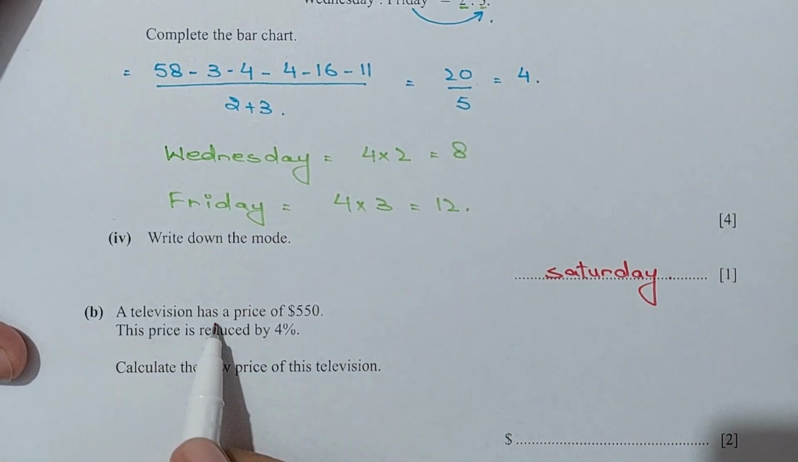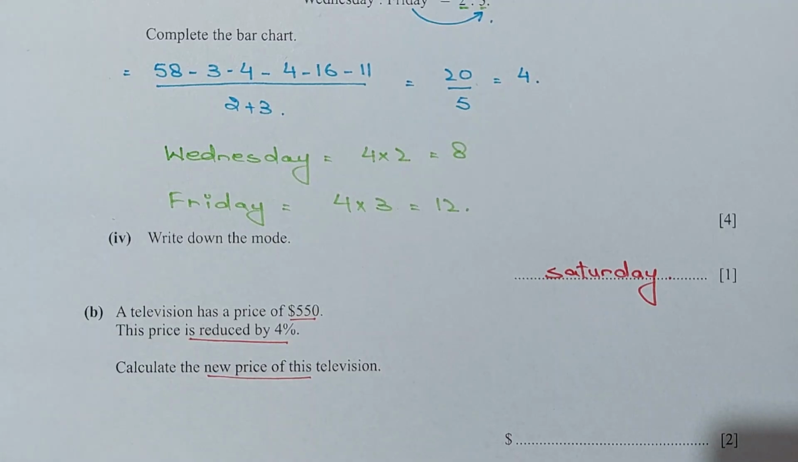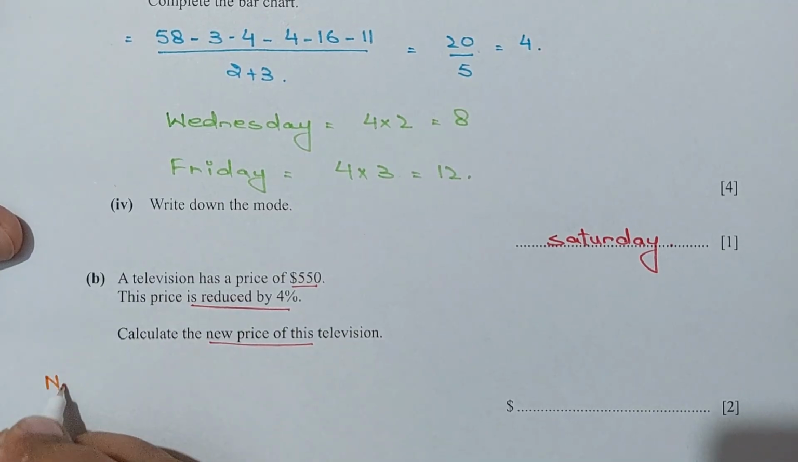Now for part B, a television has a price of $550. The price is reduced by 4%. Calculate the new price of this television. Okay, so the new price,